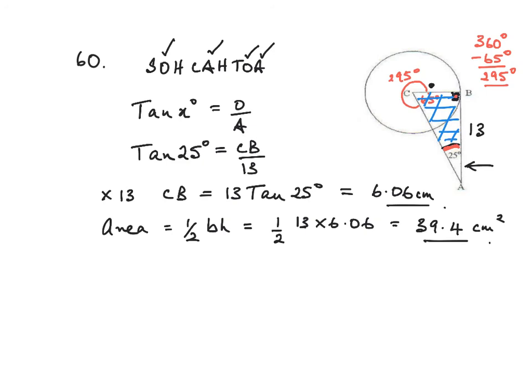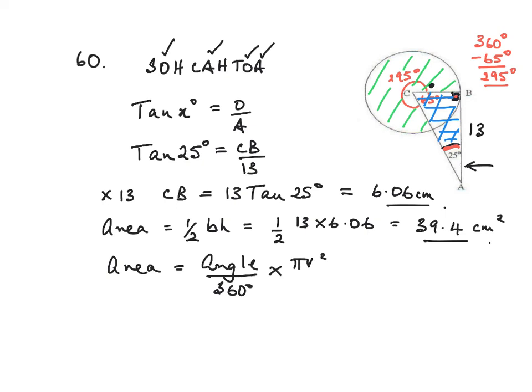What I'm going to do now is to work out the area of this part, which is a sector of the circle. And the formula is area equals angle over 360 times pi r squared. So it's 295 over 360 multiplied by pi multiplied by the radius, which is 6.06, all squared. And we get a total of 94.54